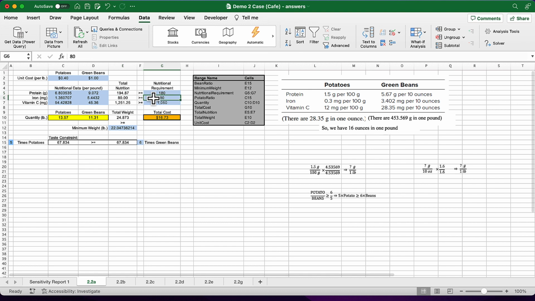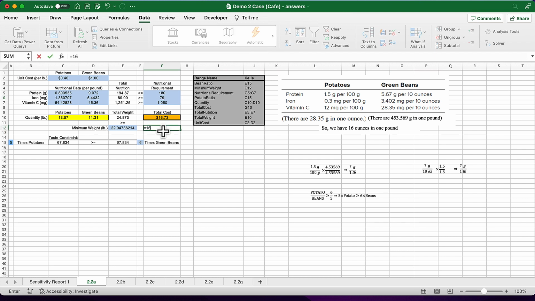Now the requirement is 80, so if I change this to 79, I'm going to generate a cost-cutting benefit of at least 21 cents. In this case, it's going to be 16.73 minus 0.21, which equals